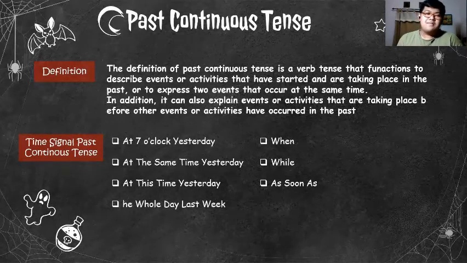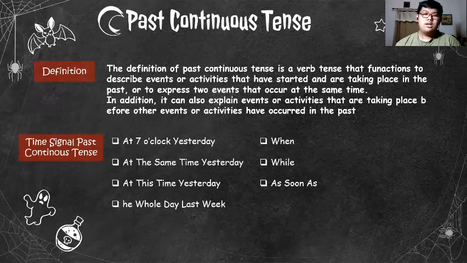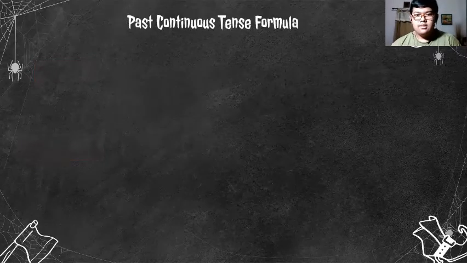occurred in the past. For example, the time signals of past continuous tense, like at 7 o'clock yesterday, or at the same time yesterday, at this time yesterday, or the whole day last week, and then when, while, as soon as, like that. The formula